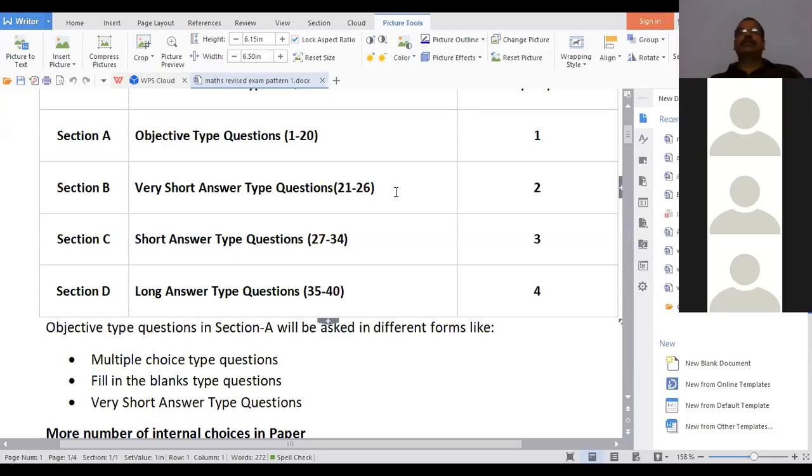I already kept the syllabus; you have seen it. In real numbers, Euclid's division lemma is not there. Long division method, HCF you are doing now, HCF by long division, continued division method, that is not there. Only the fundamental theorem of arithmetic, prime factorization method, is there. In the first chapter, that only was deleted. Euclid's division lemma and the long division method are not there.